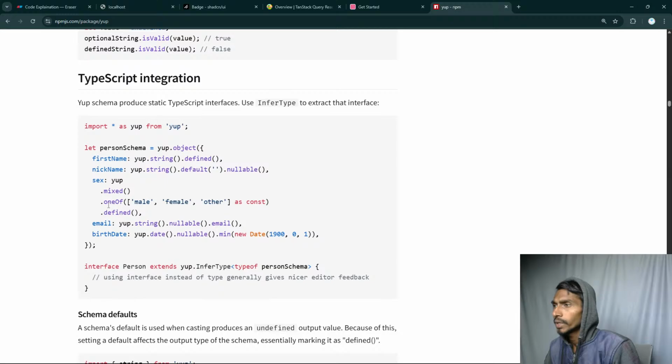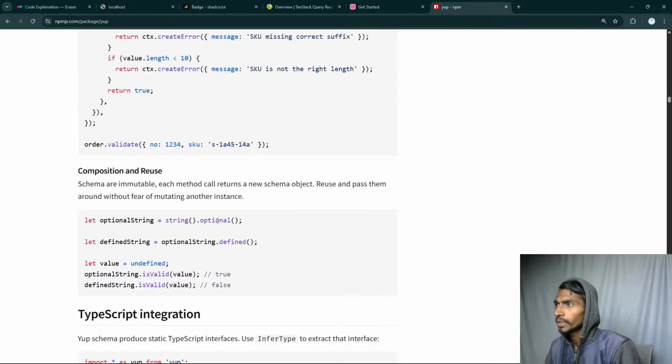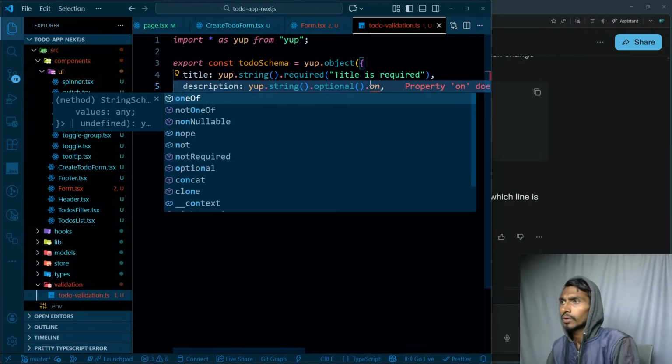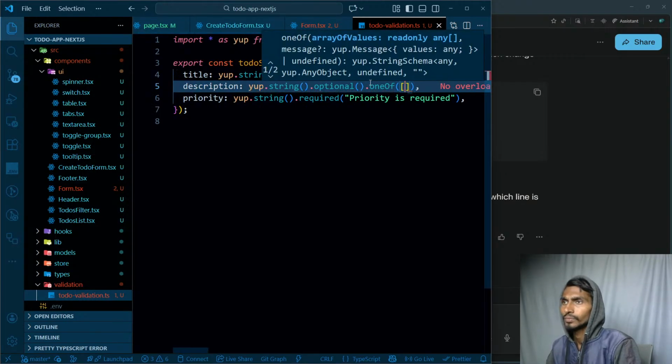Okay, so there is a property called oneOf here, and that is used for enum as const. That cannot be changed. Control C. There are many other things like string default, variable. So I'd better go through each and everything, but overall the thing that I needed is here, that dot oneOf is going to be